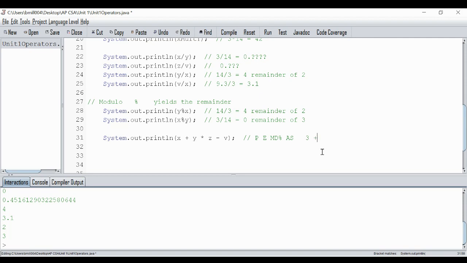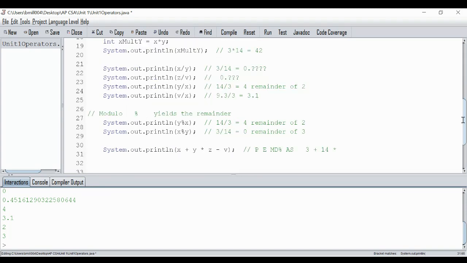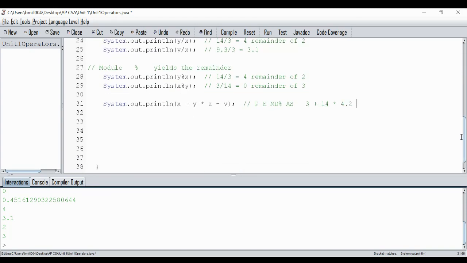So we have 3 plus 14 times, I don't remember what Z is, 4.2 minus 9.3. So what it's really going to do is take 14 times 4.2 first, and that happens to be